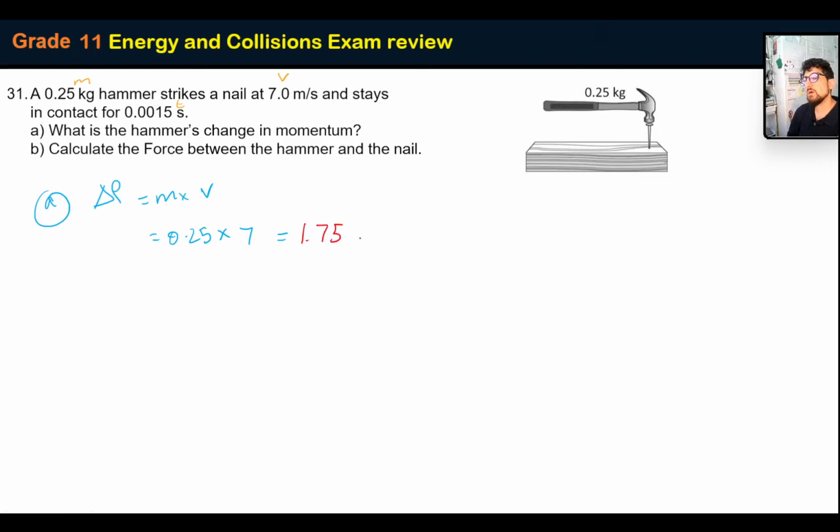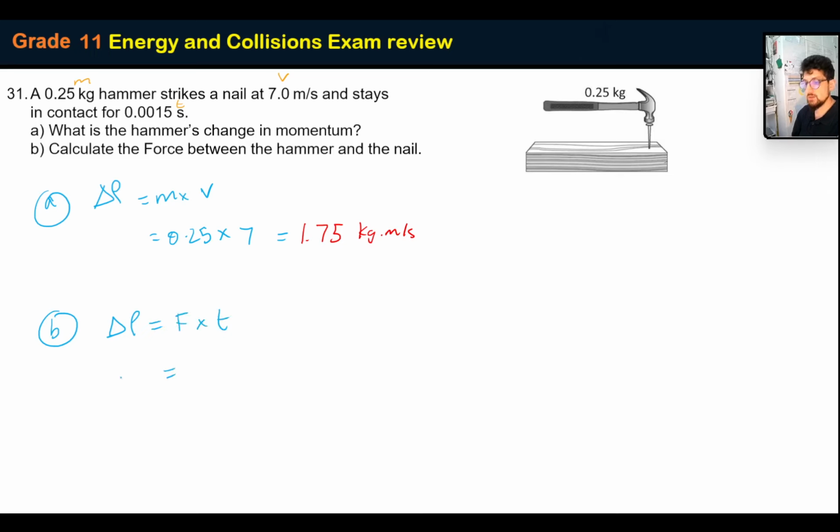1.75 kg meters per second. Okay, so that's the change in momentum. So I've worked it out. I've worked out the change in momentum, which is delta p. So now I can calculate the force, because I also know that delta p is equal to force times time,